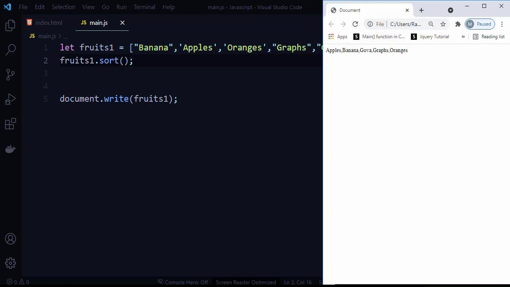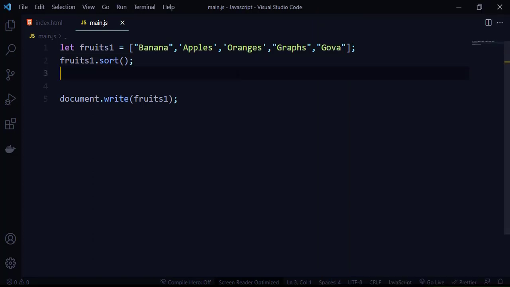If you don't pass any value as an argument, the sort method by default is going to sort the array in ascending order. Ascending order in the sense that the array is going to be sorted alphabetically. So apples, bananas, guavas, grapes and orange. But this is not the order in the actual array, isn't it? Just because this sort method is going to sort the given array into ascending order, in this case alphabetically. In case you have numbers like 1, 2, 3, 4, or mixed numbers, it's going to sort the numbers in ascending order starting from 1 going upwards. So this is how the sort method works.